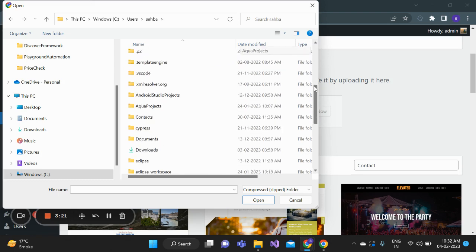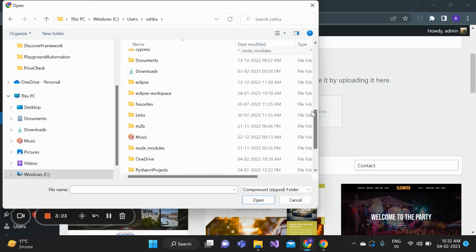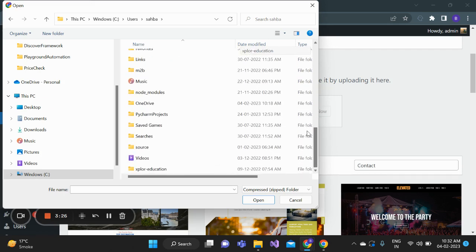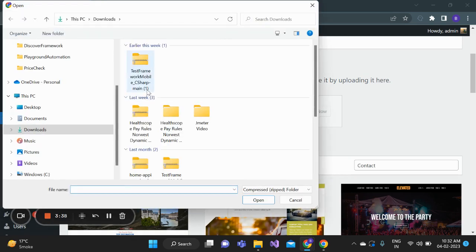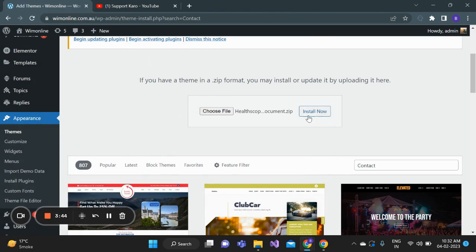Still I'm searching. Let me show you if there is any theme at my end. I don't have any themes as of now, but if you have any, then you can go and select the zip file. Just like this is a zip file, I have selected the zip file,